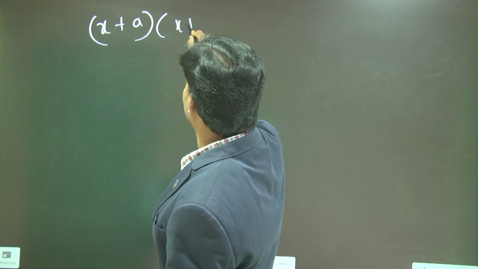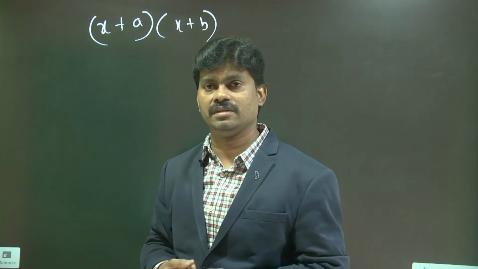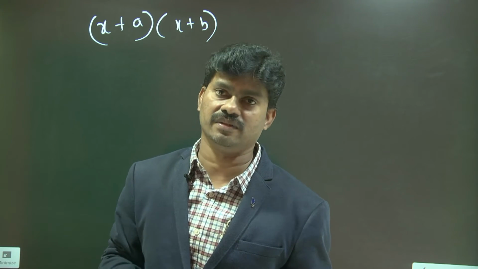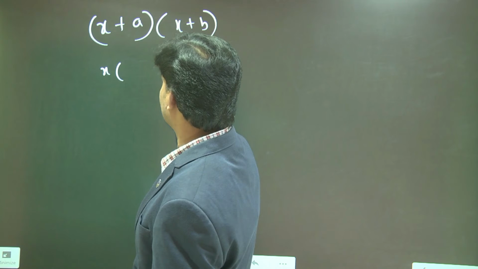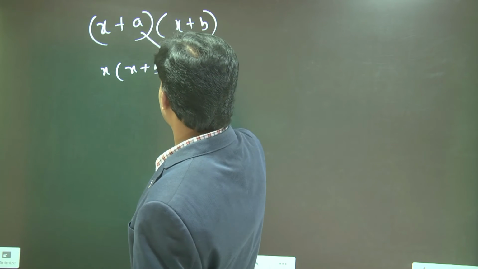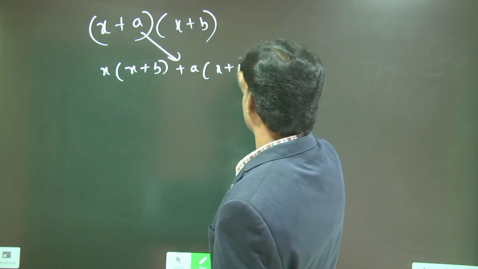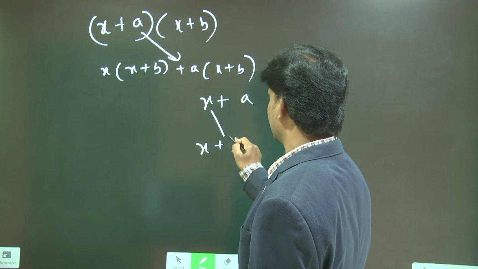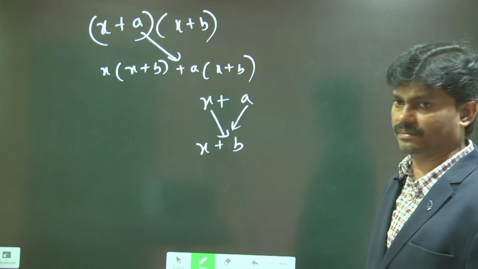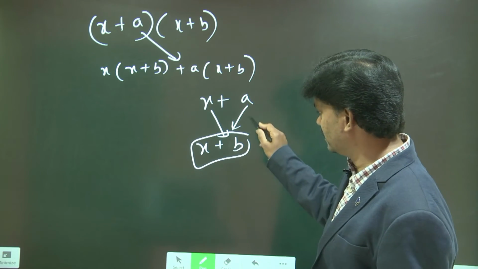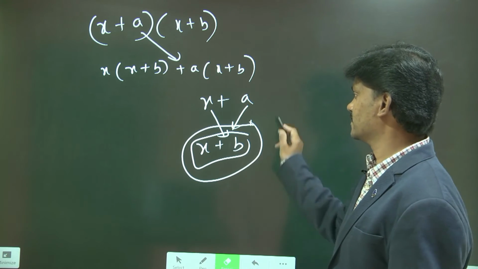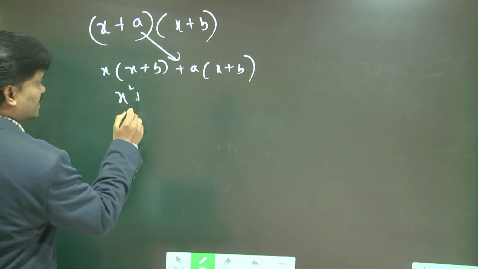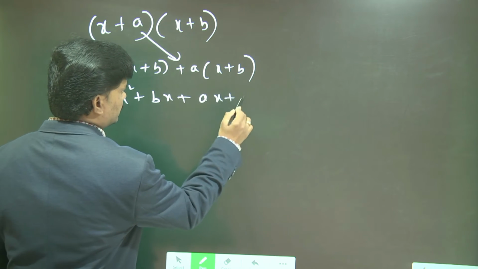How to multiply the two binomials? Here two binomials we have. Sometimes we get confused while doing these kind of problems. So in the first term, let us take the first expression, and take out the second binomial and then split like this. So we have split x plus a into x plus b. So x into x plus b, a into x plus b. So x into whole term and then a into whole term, we shall multiply like that. X into x, x power 2, x into b, bx, ax plus ab.